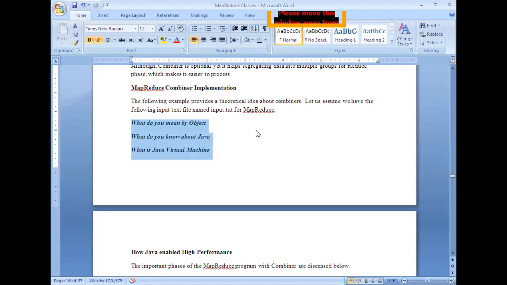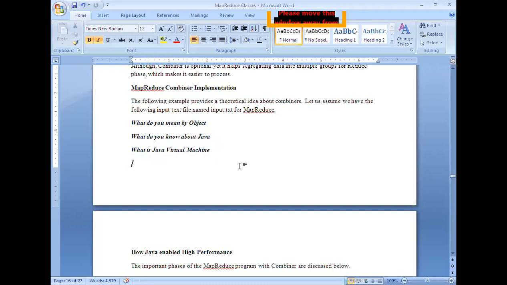Now, as you are all aware, the mapper method will accept the inputs in the form of key value pairs, and it will produce the output also in the form of key value pairs. But here it was given as lines of text. So how do we convert it into key value pairs?